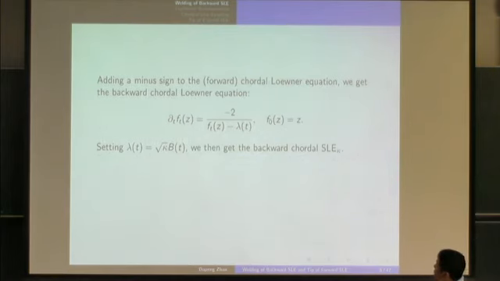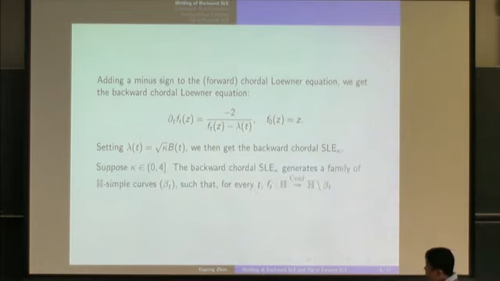Adding a minus sign to the forward coordinate equation, we get the backward coordinate equation. This is the backward coordinate equation. Setting lambda t equal to square root of kappa times Brownian motion, we then get the backward coordinate SLE kappa. Suppose kappa is less than or equal to 4. The backward coordinate SLE kappa generates a family of H-simple curves